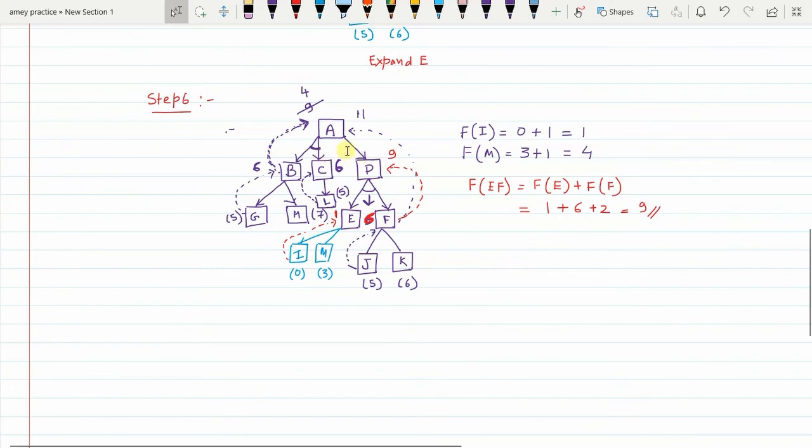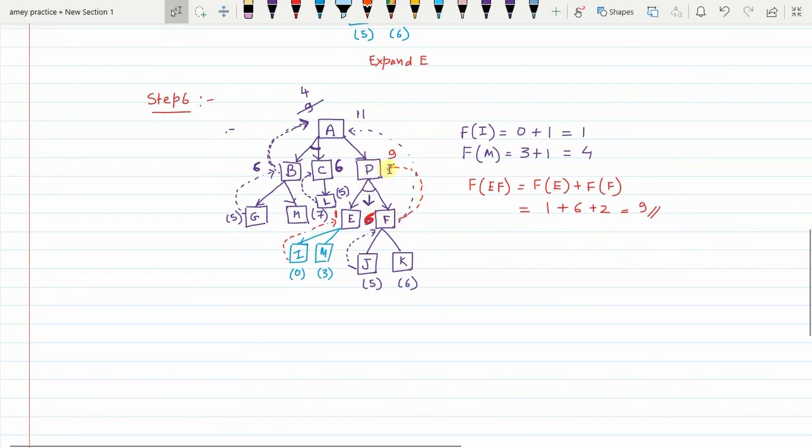right? And now see, this is not an AND arc, this is an OR arc. So what we have done is, from I, the value that was backed up was 1. So E's updated f value was 1 and F's updated f value was 6. So then we calculated the backed up value here, that is nothing but 6 plus 1 plus 1 plus 1, the cost along the two edges connecting D. So the backup value that we get is 9.